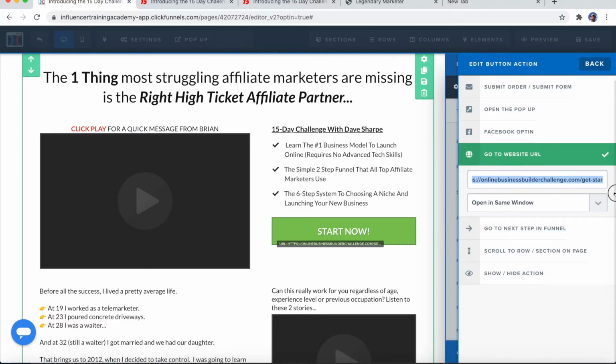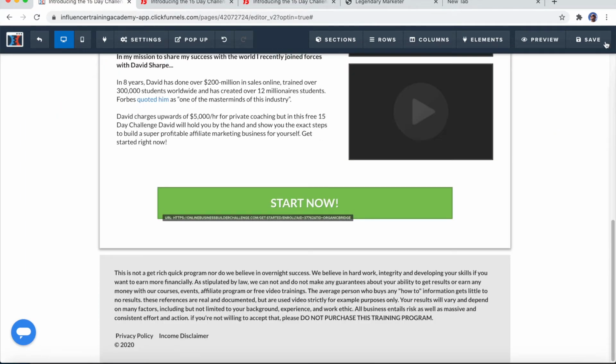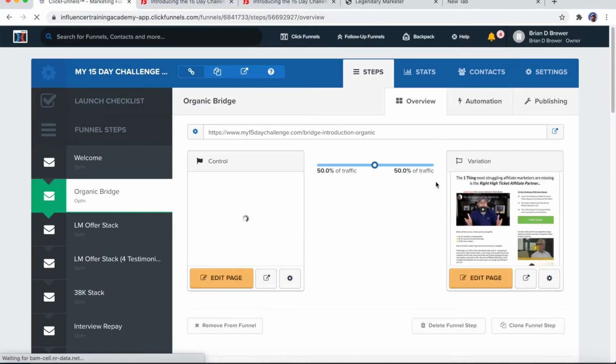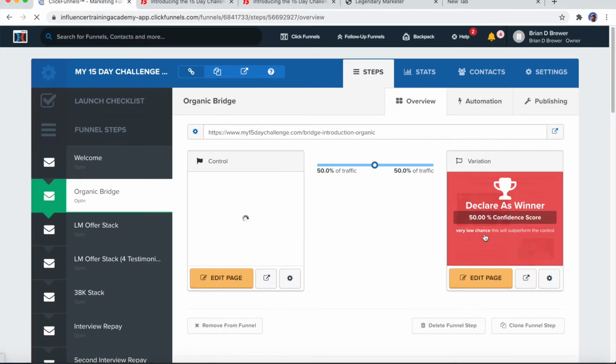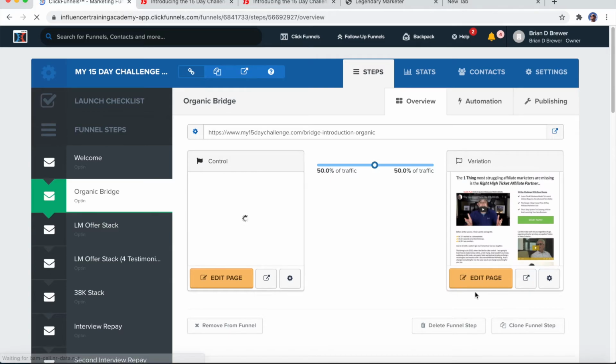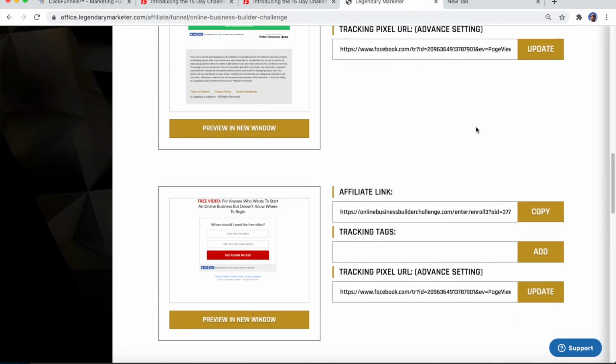So for instance, this one will be tracking ID organic bridge. We'll do it on both buttons on this page. Go ahead and save that. Then we'll go back and we'll do the same thing on the variation, but we'll use the 38K tracking ID. Then inside Legendary Marketer,